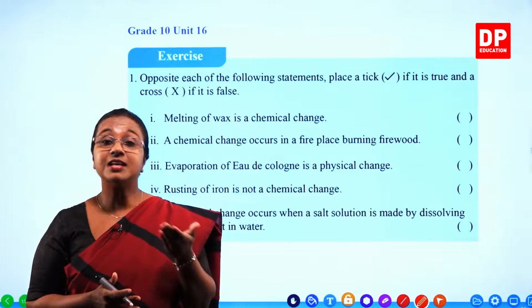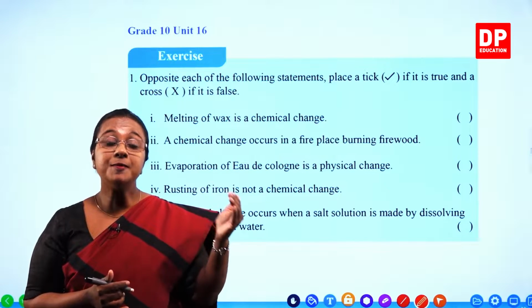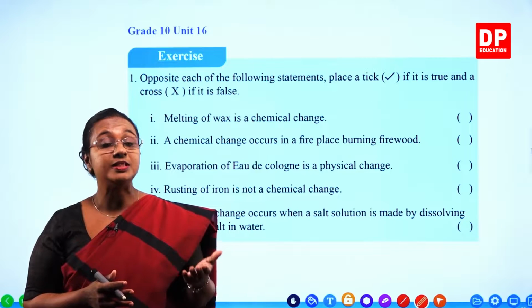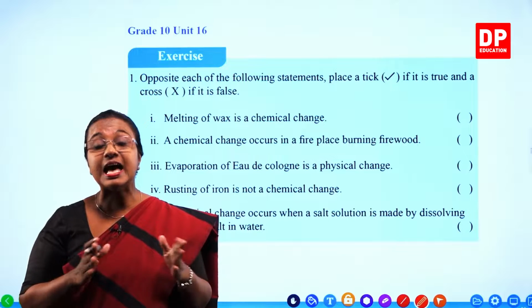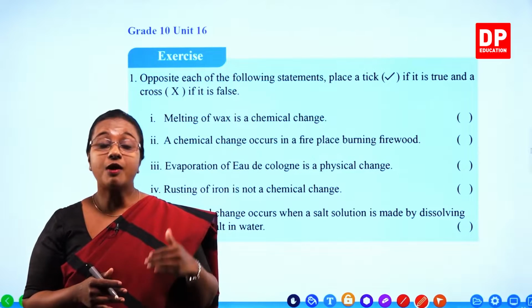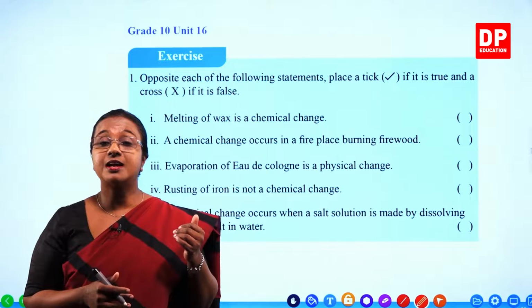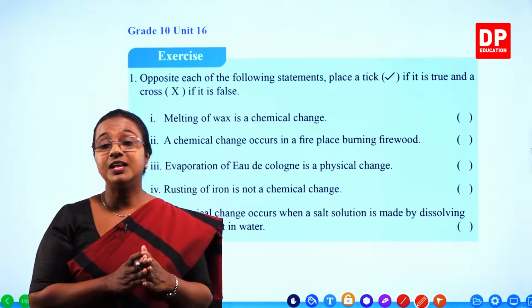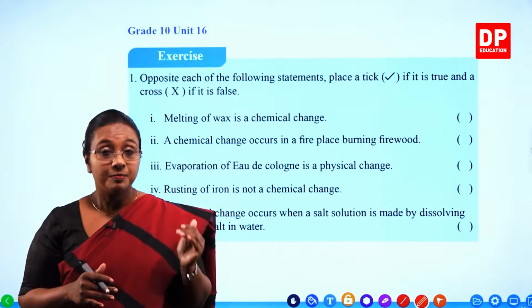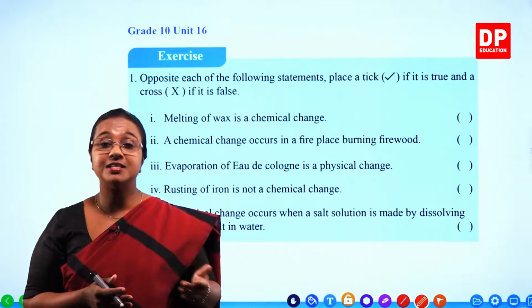Then we discussed the types of chemical reactions. Thereafter, we discussed the reaction of metals with different substances. From there, we went on to understand the activity series. And from there, we discussed the extraction of metals, that is extraction of iron and extraction of gold. And towards the end of the lesson, we discussed the properties, preparation and the uses of different gases, hydrogen, oxygen